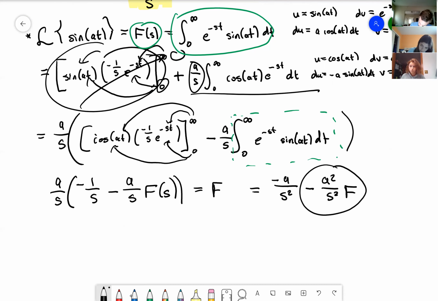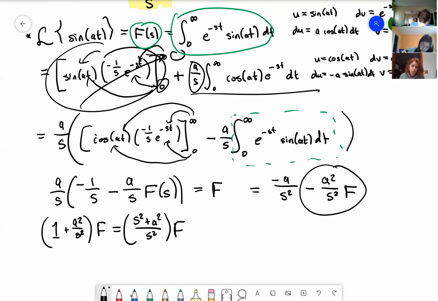So I'll add this part over to the other side. I will get 1 plus A squared over S squared F, which is of course equal to S squared plus A squared over S squared, getting common denominators, times F is equal to negative